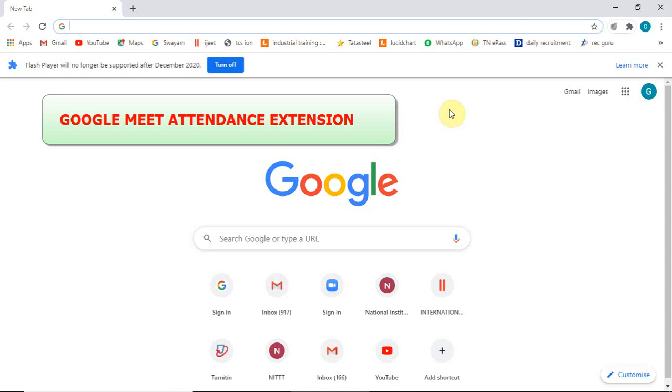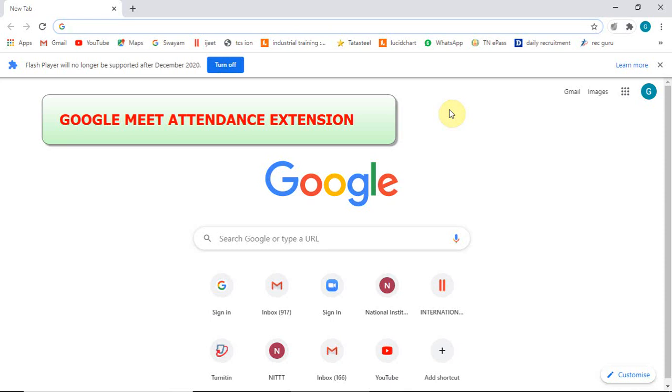This Google Meet attendance extension will give us the information on how many times the student enters and exits the session, as well as how long he is actively present in the session. For example, if we take a session for around 40 minutes and the student is present just for 5 minutes, like he enters when the session starts and leaves within a few seconds or minutes, and again enters at the end of the session for giving attendance, we can easily capture such a kind of student using this